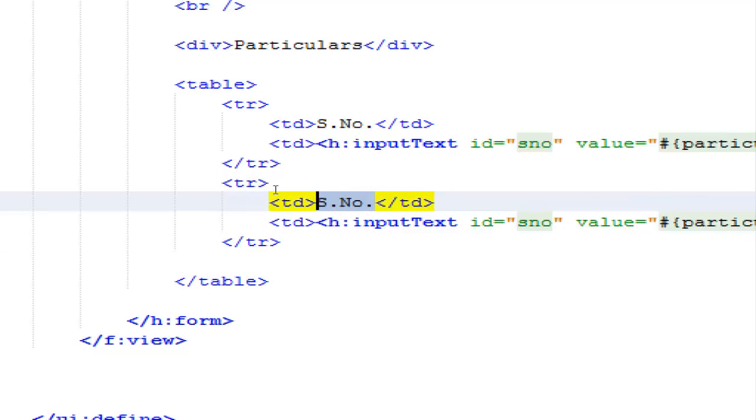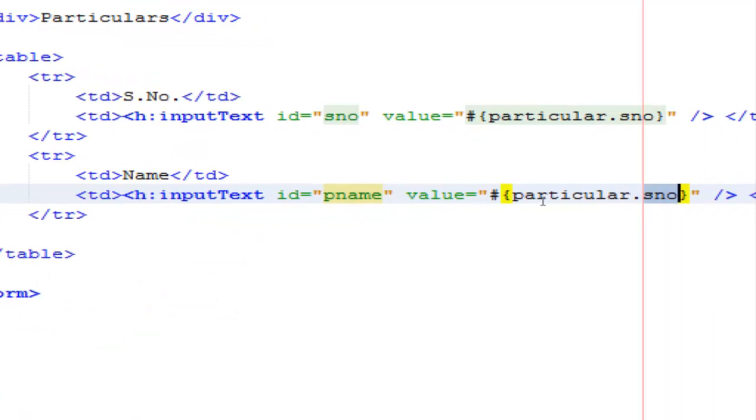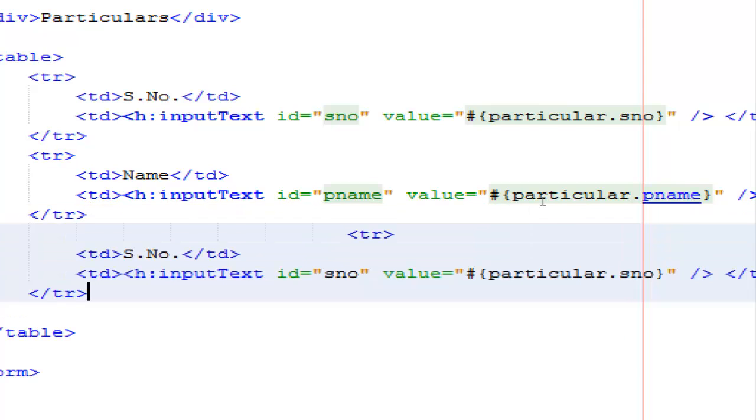Next one is the name of the particular, and I'll say key name. You can give some other descriptive answer for that also. Key name. So this is the next row. Control V to paste again. Alt Shift F to format it, and then